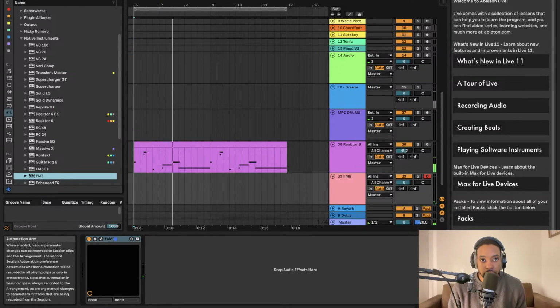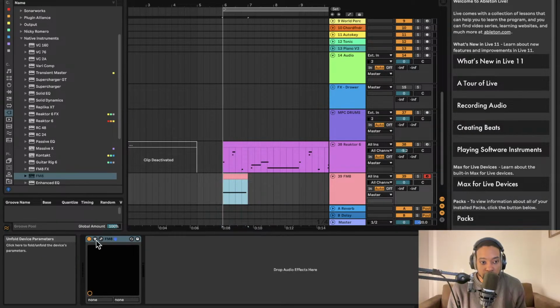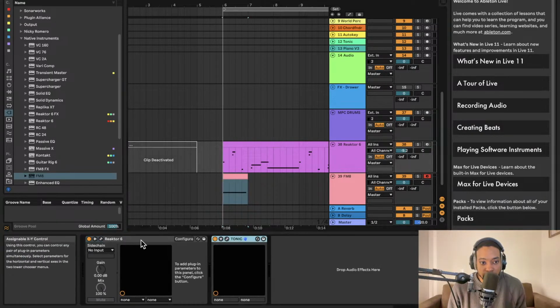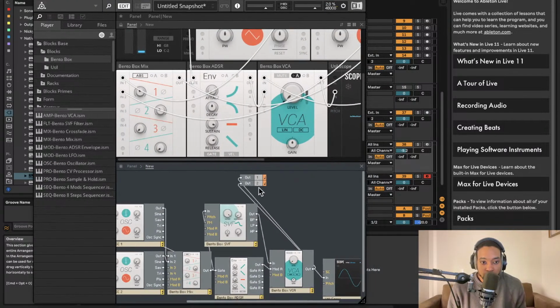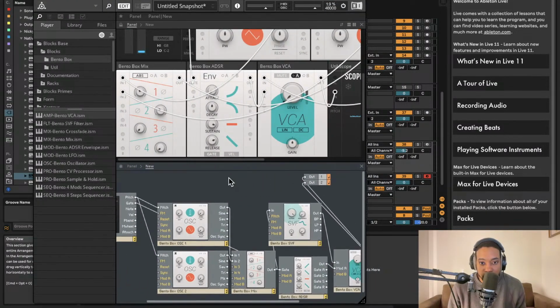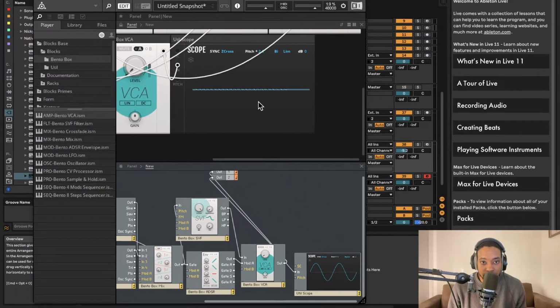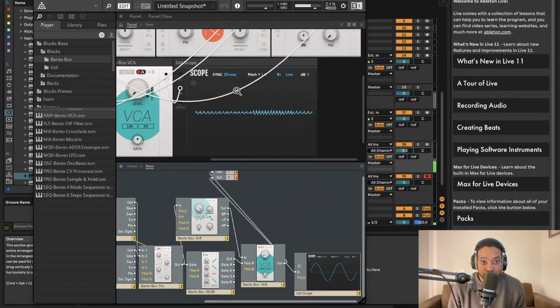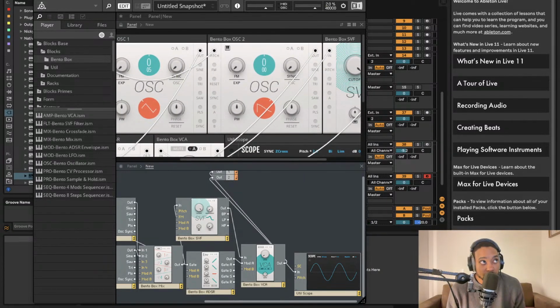Okay, got a second sound we can layer on top of this. So now we're just going to simply build out our sound. Just to recap, if you can only stay for this section, we've built out our sound using two oscillators, a filter, an envelope, and a VCA. We've hooked that up to a scope so we can visualize our waveform, and that's created our pad sound that we're going to use